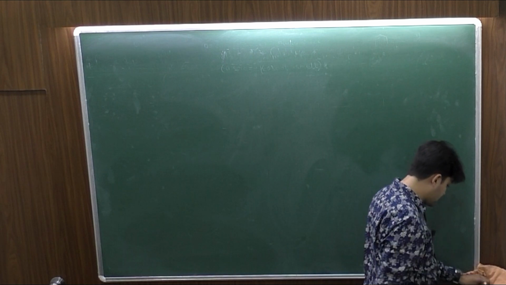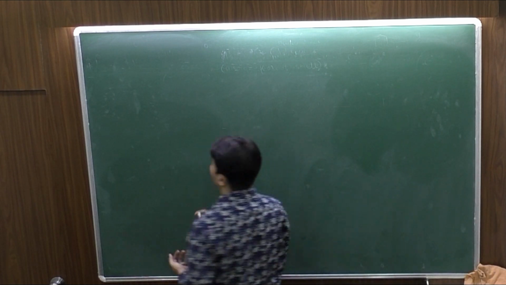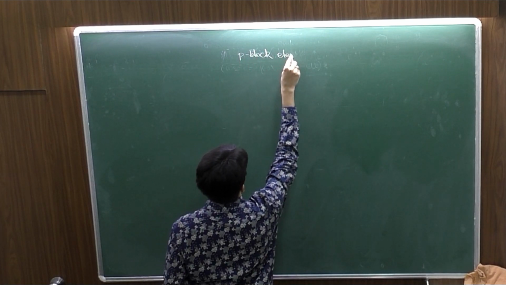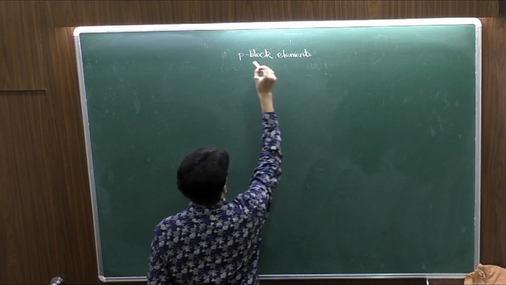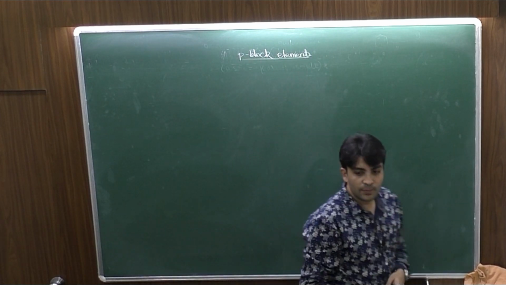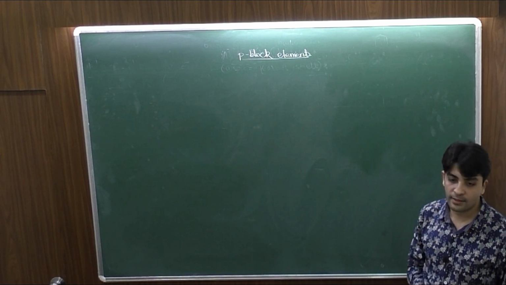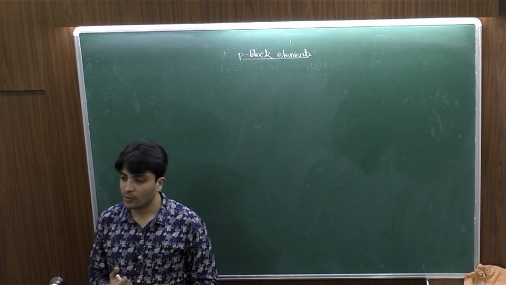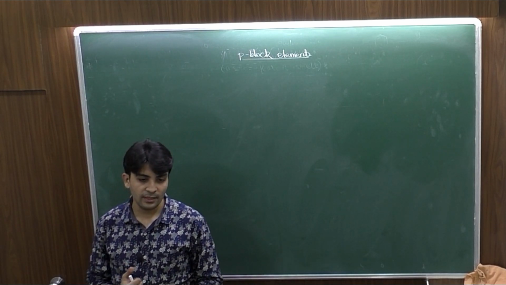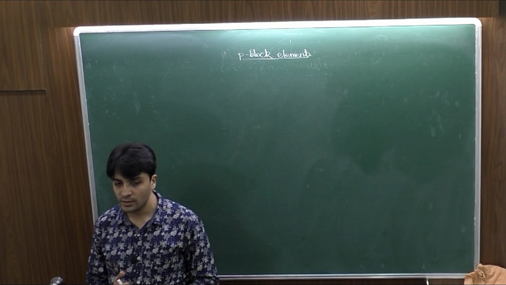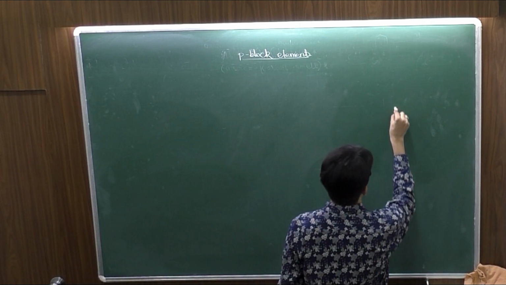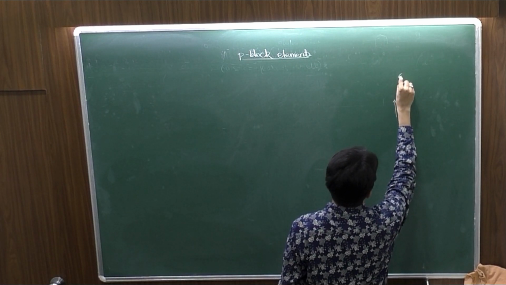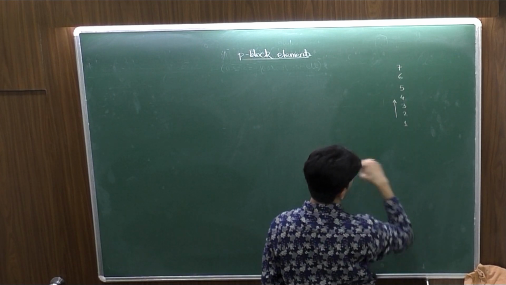I'm going to start with the important chapter from part 1, P block elements, with a very high weightage. Before starting with the P block elements or any block elements, the first thing is to understand the Aufbau's principle. So Aufbau's principle was basically giving you the sequence of the energy levels in which the electron would enter. There are 7 energy levels corresponding to 7 periods in the periodic table, and the Aufbau sequence is: the first electron enters